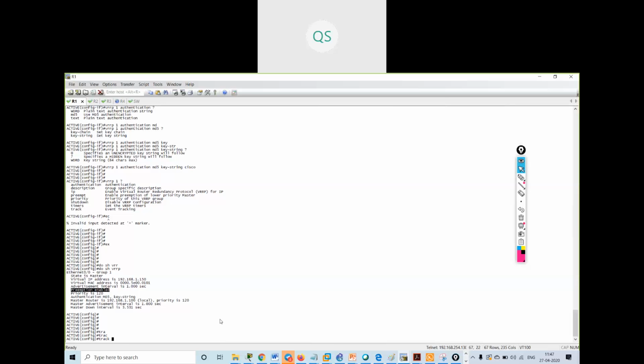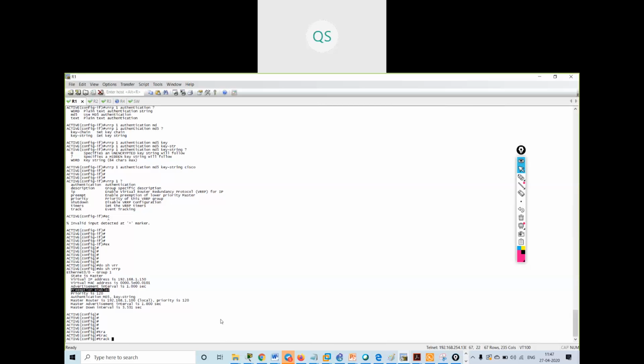That's one question. Is it possible to have a floating IP? In the default, you can track the default route also. How to track the default route?